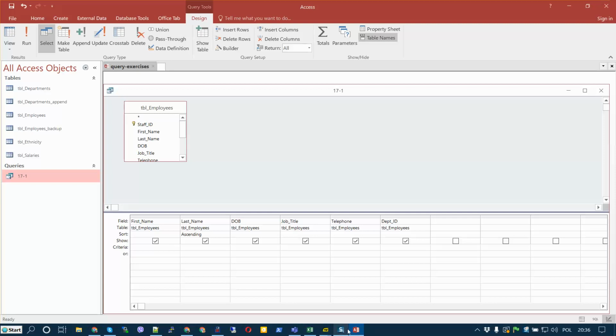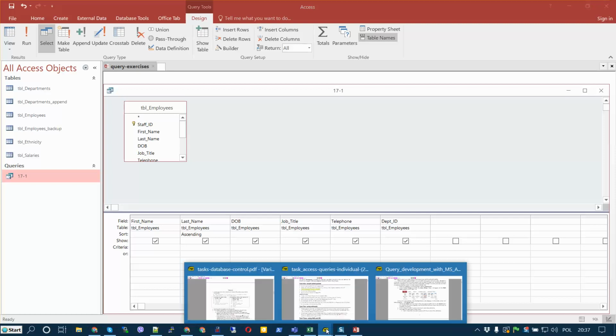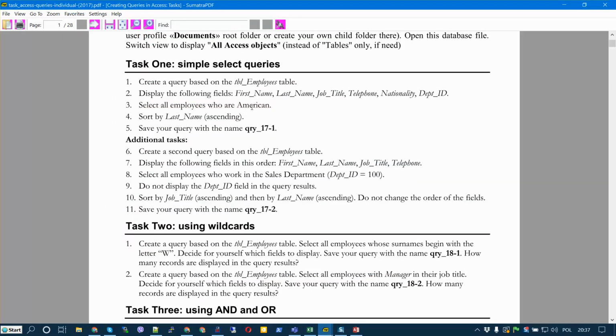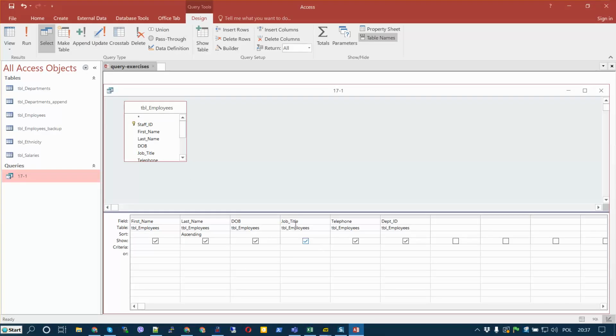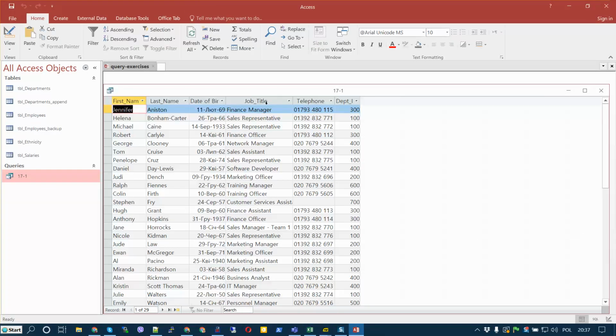You can create very complex structures to retrieve only very specific information from the database. Be careful with this. It is the main power and main purpose of a select query. In this particular case, I must select by nationality. So here I'm asking about American. When I execute this query, obviously it should be